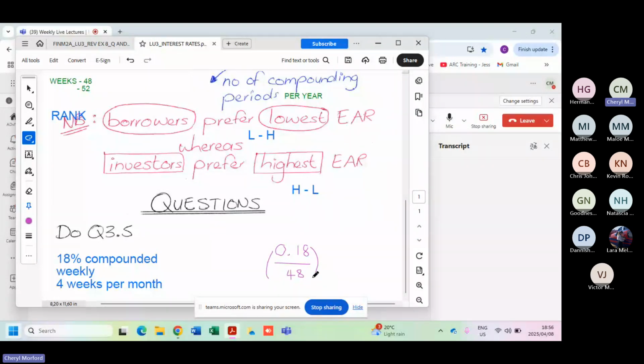And let me pick up my calculator. 0.18 divided by 48 equals. And I save that on the screen. Then I go plus 1. Put that in the calculator. Equals. Then I put a big square bracket around the whole thing. And I go to the power of 48. So now I've got my answer on the screen. I go y to the x, 48 equals. Then I go minus 1. Last step. I go times 100.